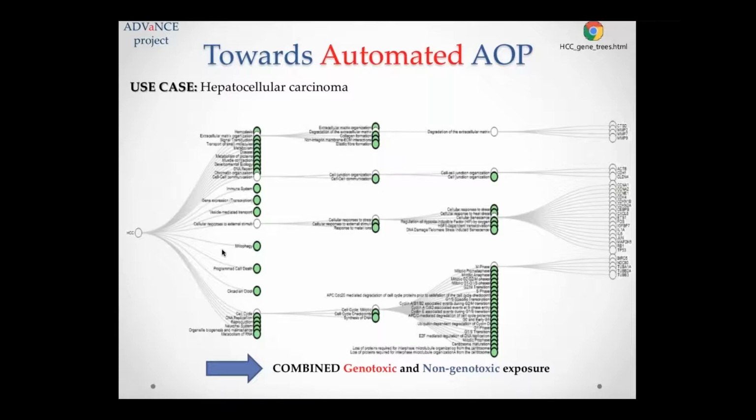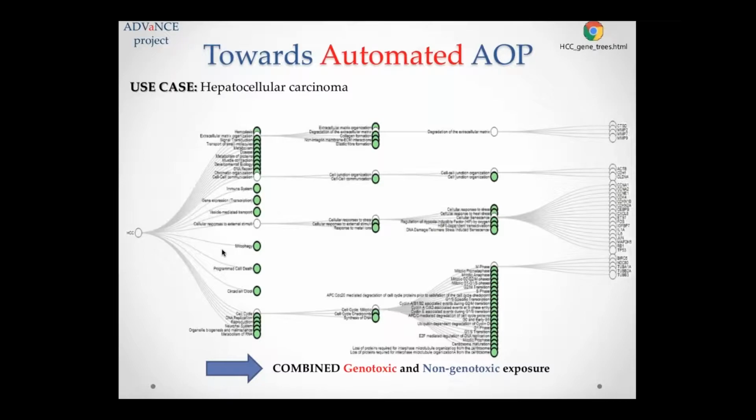This we actually applied for the use case of hepatocellular carcinoma. It's actually an interactive graphic, but I needed my computer to show the graphic, so that's why it's a bit blurred. But at the end, for hepatocellular carcinoma, we succeeded to derive approximately 240 genes which are involved in hepatocellular carcinoma, and also to group them in all the pathways in which